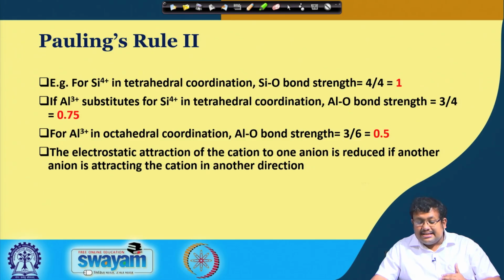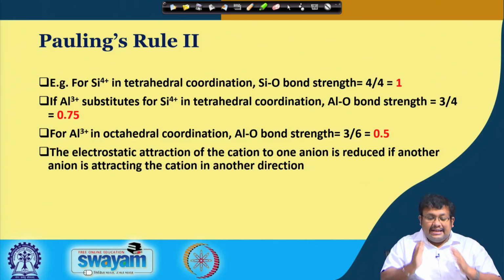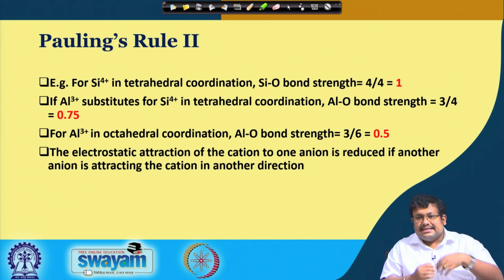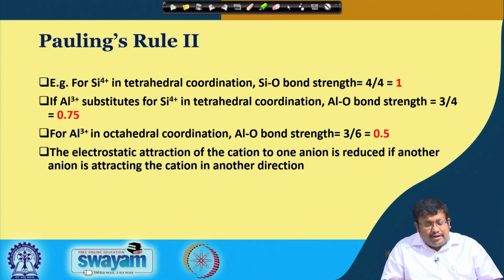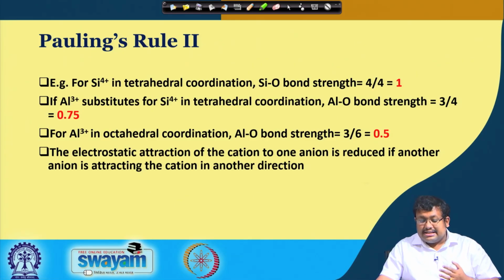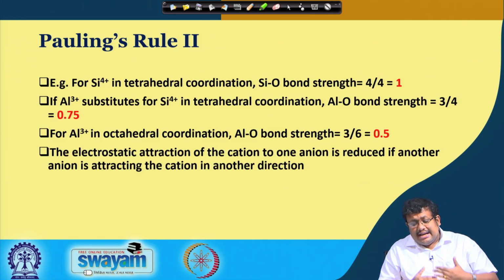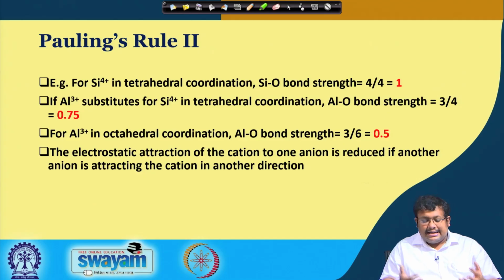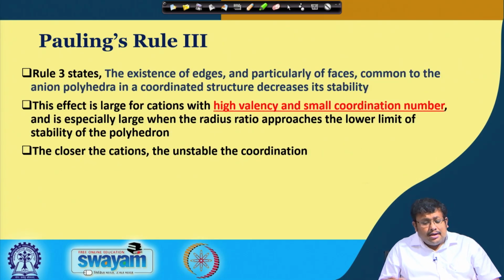So, bond strength is decreasing when you are moving from silica tetrahedra to a tetrahedra where silica is substituted by aluminum. For aluminum in octahedral coordination, the aluminum-oxygen bond strength becomes 3 by 6, where 3 is the valency of aluminum and the oxygen coordination number is 6. So, we are getting 0.5. The electrostatic attraction of the cation to one anion is reduced if another anion is attracting the cation in another direction. Now, Pauling's rule 3 states